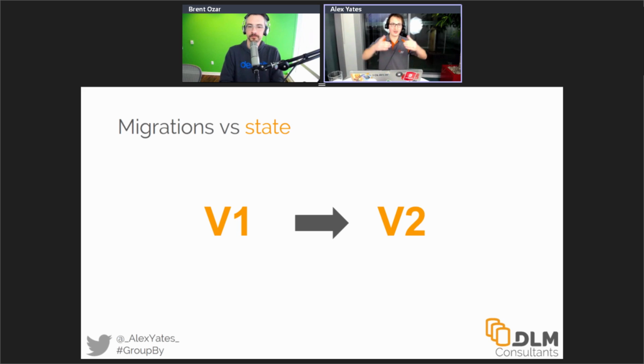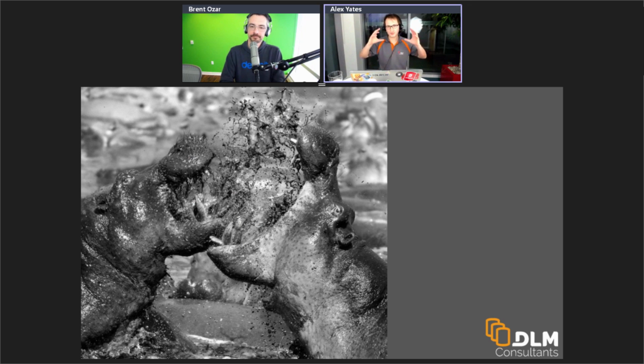And what we're doing here is we're defining the model that we want to get to, and we're going to let software work out the upgrade script. Now, you're probably going to start thinking, well, how's it going to deal with that column split? Well, actually, yes, that's a problem, but it makes for a much easier development experience, and I'll explain that in a bit of detail. People have strong opinions, especially hippos, famously strong advocates of database DevOps. People have really strong opinions about which is the right way to do this and which is the wrong way to do this, and anybody thinking about it in terms of right and wrong is stupid.